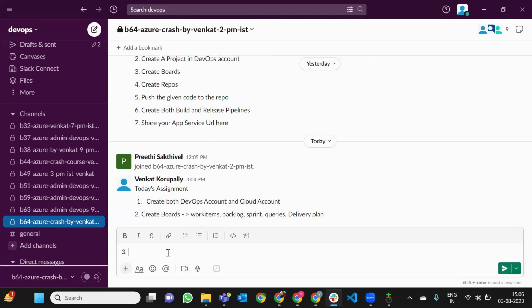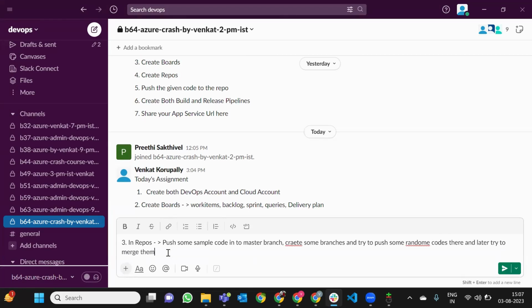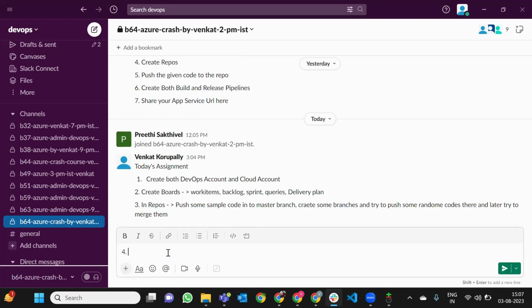This is boards. In the repos, what will you do, guys? In repos, you push some sample code into the master branch first. Then, guys, create some more branches and try to push some random code there. And later, try to merge them. And share